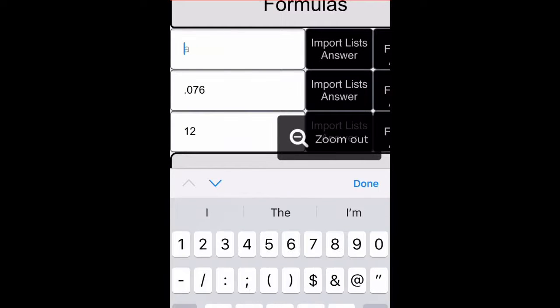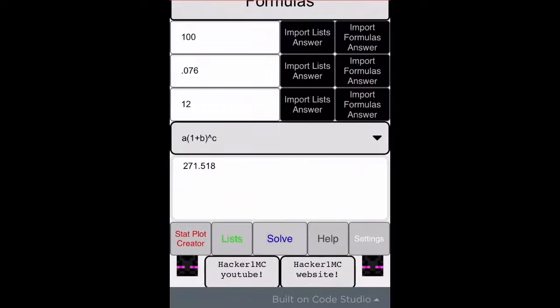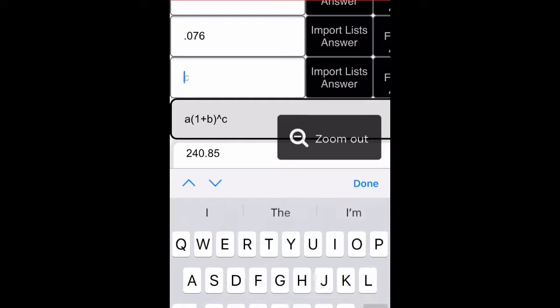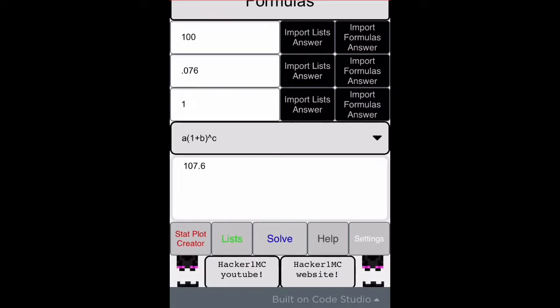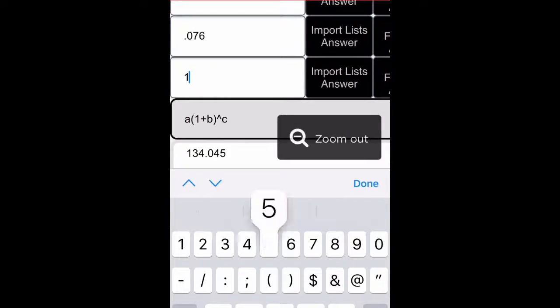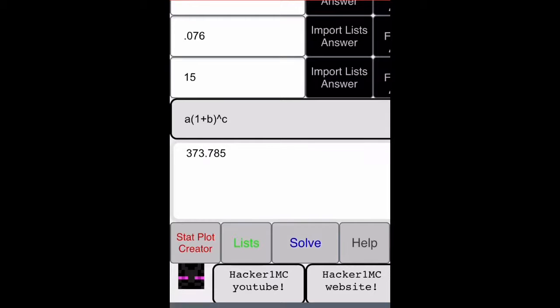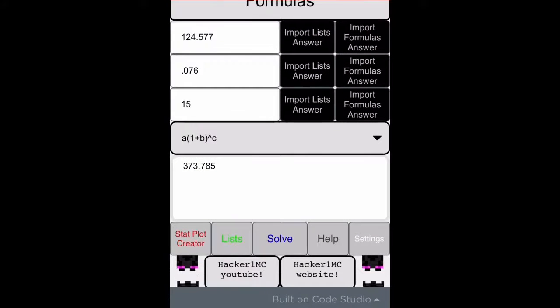Such as in this case, where if you start with $100 again, but not the emoji, and then you have an interest rate of 7.6%, which is not 76%, don't get it confused, and you want to compound the interest 1 time, 2 times, 3 times, you could continue on or do it 15 times at once from here,